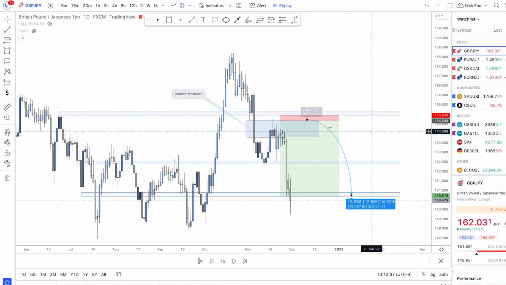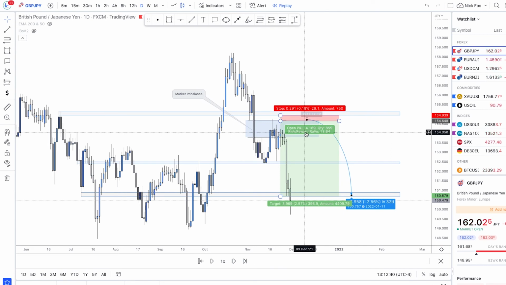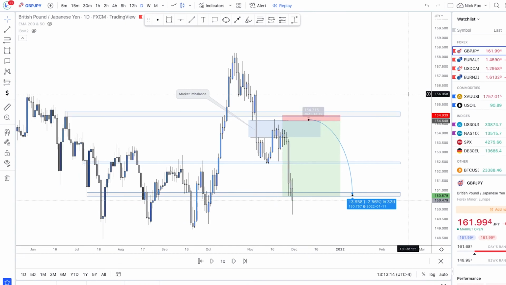Now, these opportunities do take time to play out, as I've said before, and this is going to have a massive toll on your market psychology because you're taking less trades. You can even risk a lot more. So as opposed to 0.5% or 1% on a day trade, on this specific trade, you could risk maybe 2 or 3% of your entire account equity. So this is the type of markup that a swing trader would put together.